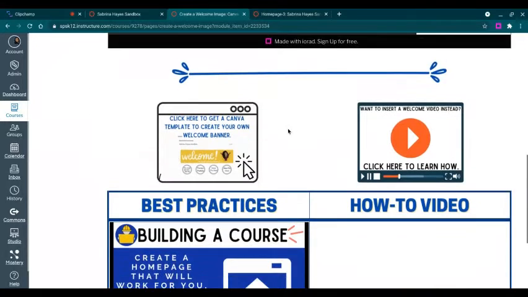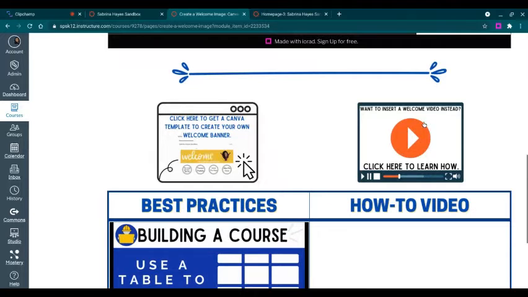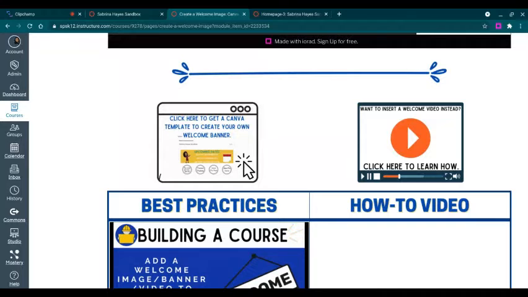If you scroll down, you have a couple more resources here. The first on the right, instead of having a welcome banner, you can also include a welcome video instead. So if you click that icon, it will take you to directions on how you can make your very own welcome video. In this tutorial, however, I'm going to show you how you can create your very own welcome banner